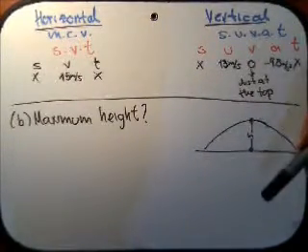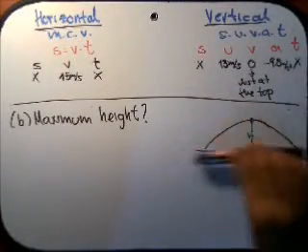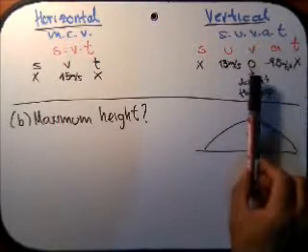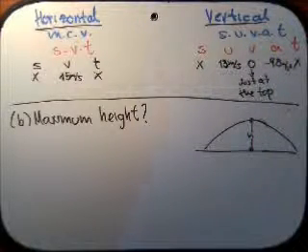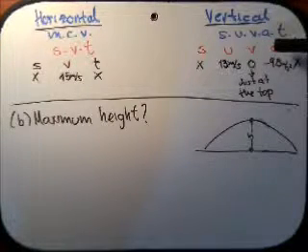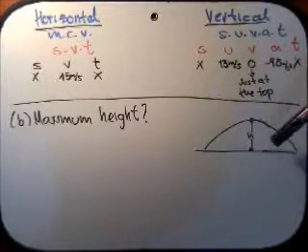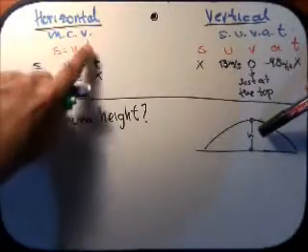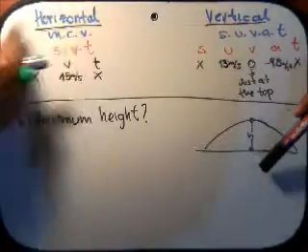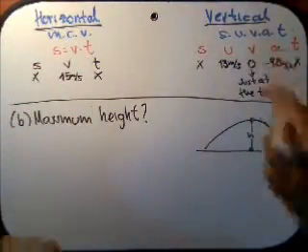the height is something that happens in the vertical direction, right? The height doesn't happen in the horizontal direction. So because the height is something that belongs to the vertical direction, we have to use the vertical axis equations. Even if we had every piece of information, we cannot use this easy equation to find the maximum height, because this is a horizontal axis equation and the height belongs to the vertical axis, so we need to use this one. So